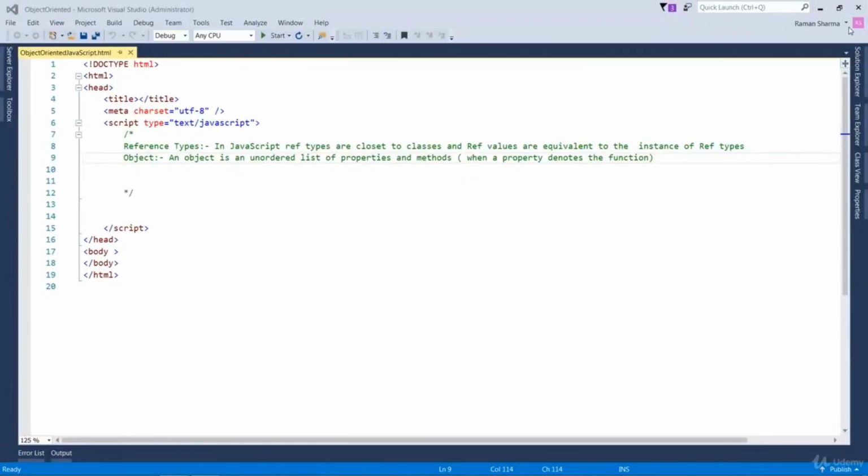Hello everyone, this is Raman, and in today's lecture we will discuss the reference type. In JavaScript, the reference types are very similar to the classes we see in other languages like Java and .NET. The value we assign to the reference type is very much equivalent to the instance of the